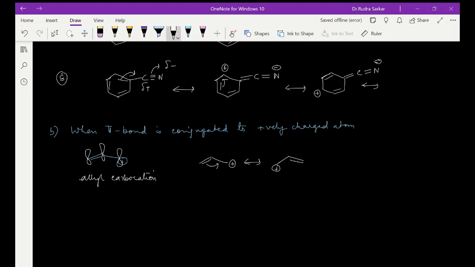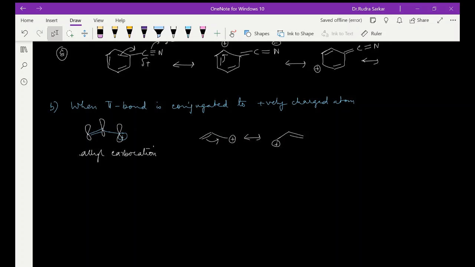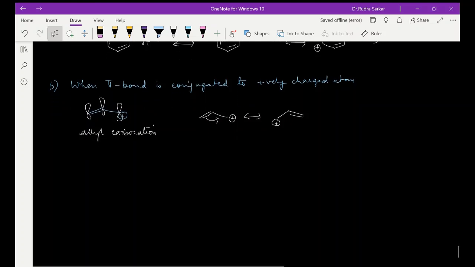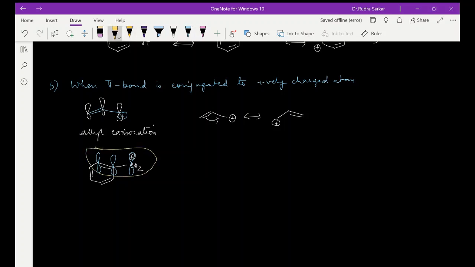पाई इलेक्ट्रॉन डेंसिटी पॉजिटिव की तरफ जाएगी, मैंने जैसे कहा डायरेक्शन ऑफ मूवमेंट ऐसे जज करेंगे हम लोग, तो ये हमारा फर्दर रेजोनेंसिंग स्ट्रक्चर होगा। तो इसी तरीके से हम ये भी सोच सकते हैं कि एक फिनाइल रिंग लेते हैं और इसके बगल में कार्बन रखते हैं जिसपे प्लस चार्ज हो। अब यहाँ पे भी इस कार्बोकैटायन के साथ ये वाला जो p ऑर्बिटल है ये सब कंजुगेटेड है, और हम सोच सकते हैं कि ये यूनिट यहाँ पे जो हमको मिल रहा है, ये भी एक एलाइल कार्बोकैटायन के जैसा ही है। तो इसमें भी हम लोग अगर रेजोनेंस सोचेंगे तो हमारा नेक्स्ट रेजोनेटिंग स्ट्रक्चर जो है वो क्या होगा, वो कुछ इस तरह का होगा।